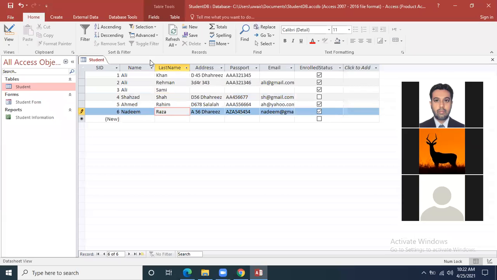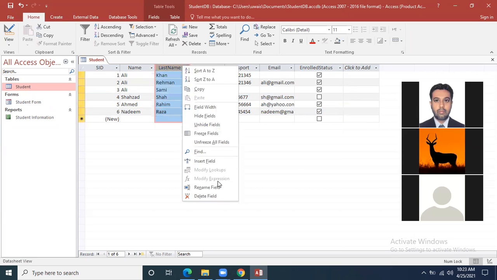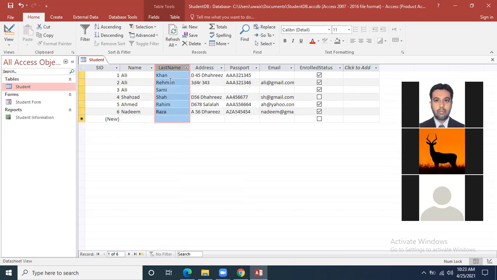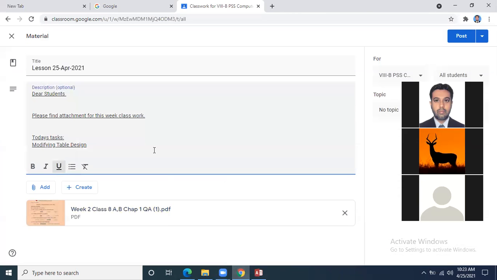What I did, I right clicked on the next field where I want to create one column, and then I clicked on this option, insert field, and now one field has been inserted over here. I renamed the field name and then I entered the data for that particular field. So what we have covered over here,